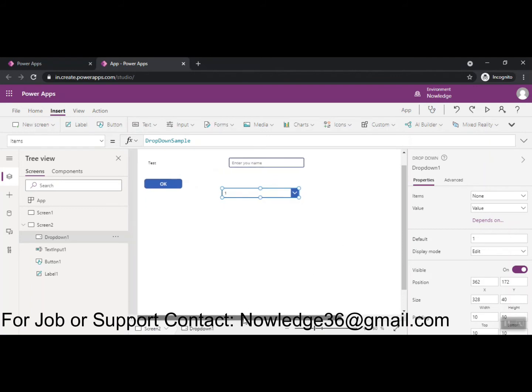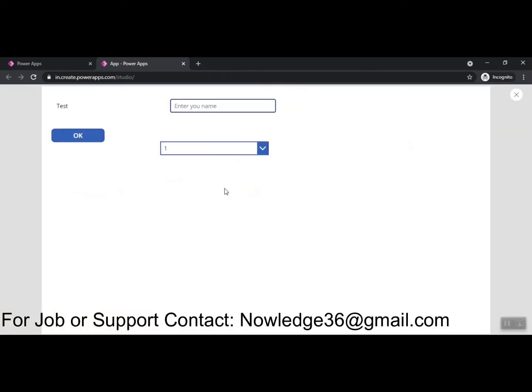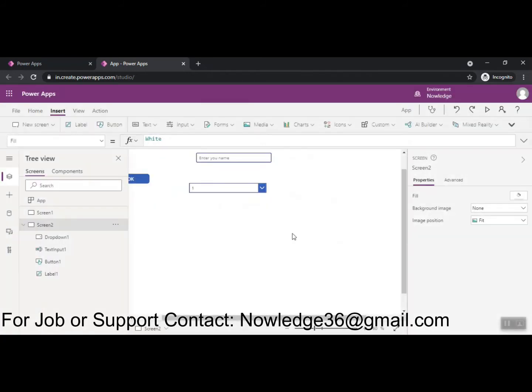Now the drop down is something that, if you don't want to play the app and check all the time, you can do one more thing: press the alt key, and you can use the drop down. Click on the drop down and you'll be able to see it like this.